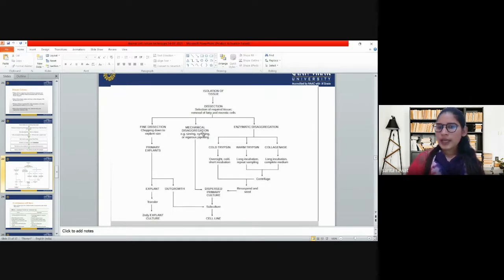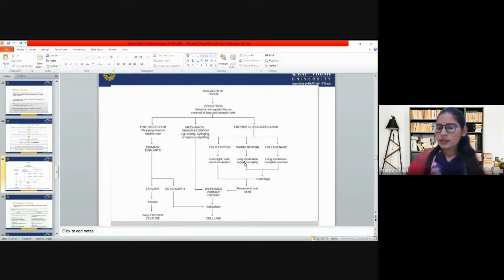Then when we talk about mechanical dissection, it is done by syringing or vigorous pipetting, so then it goes to the dispersed primary culture. Then when we talk about enzymatic disaggregation, it involves cold trypsin, warm trypsin, and collagenase. Cold trypsin takes overnight cold short incubation, then resuspend and seed. And then the warm trypsin and collagenase: